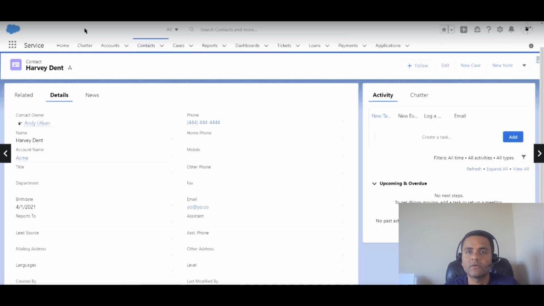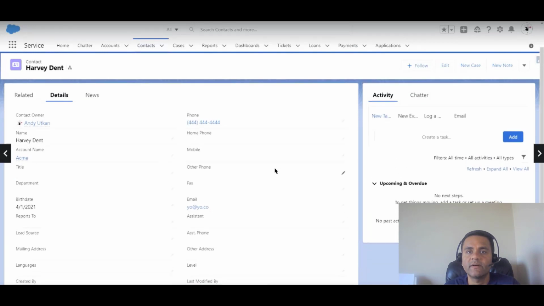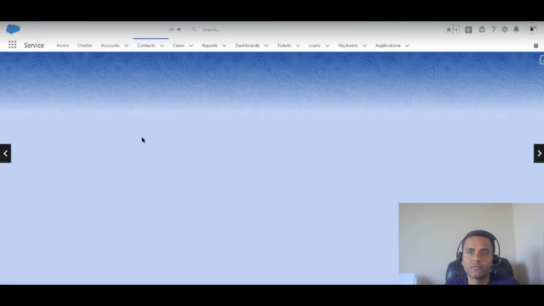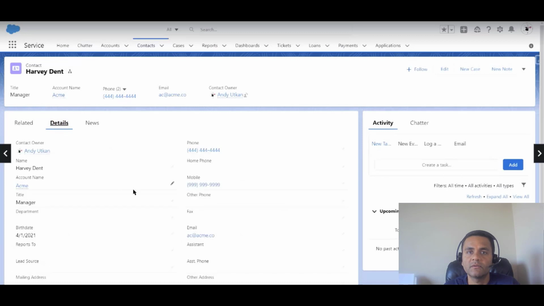If I go to my record here, I still need to refresh this record to see the final results. Right now, the email address is the old address. There is no title and the mobile phone field is blank. I'm going to refresh this record to show you the new values, and the new values as I entered them on my screen flow are assigned now. Phone number 49's, title is manager, and the email is now